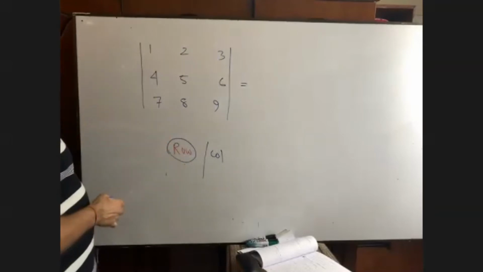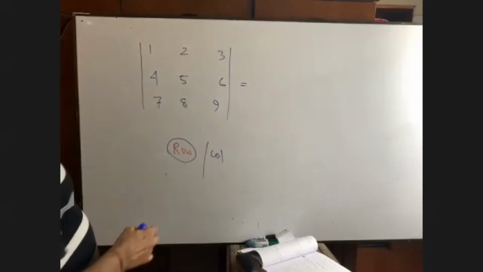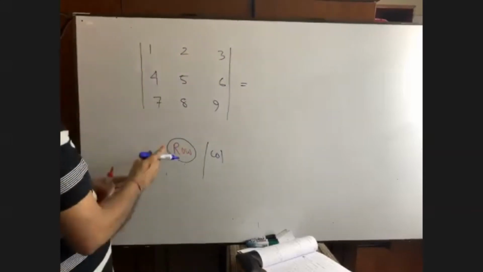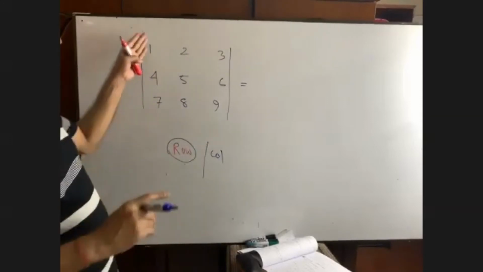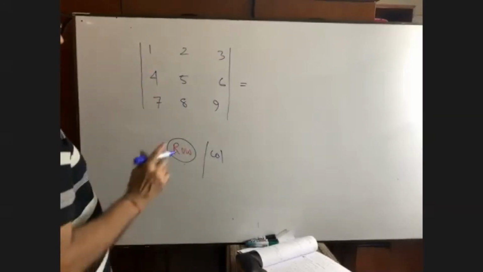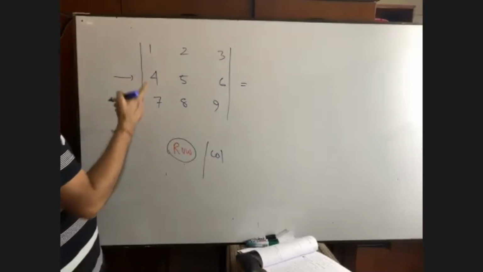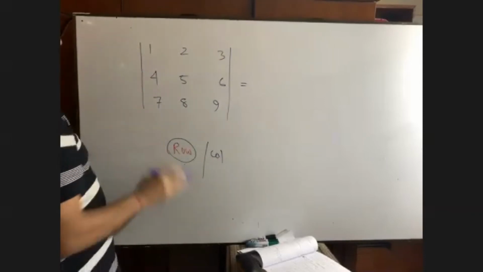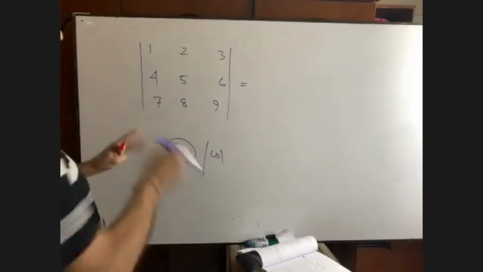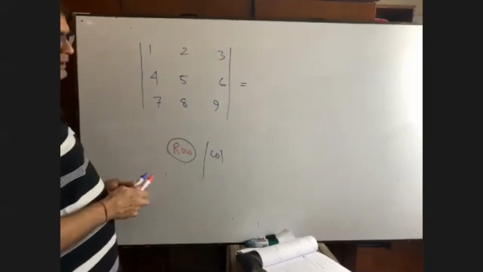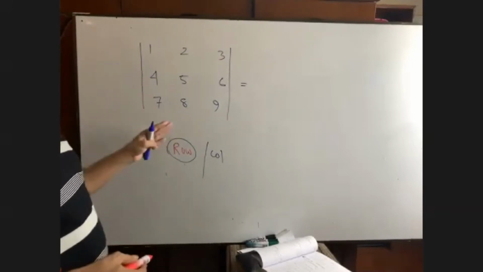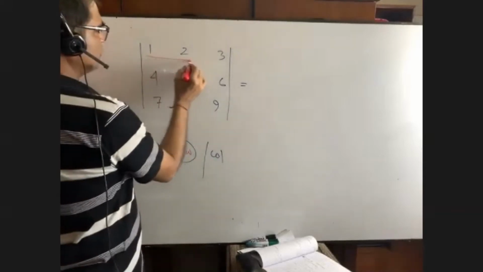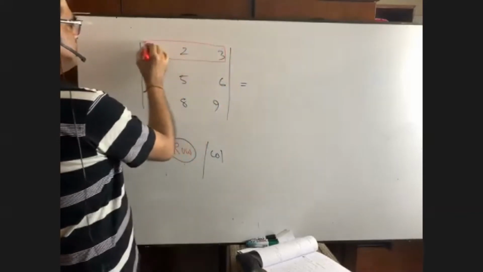If you consider first row, then you have to take all the 3 entries of first row. If you consider first column, then you have to consider all the 3 entries of first column. If you consider the second row, then you have to consider all the 3 entries of second row. That means you can consider any row, you can consider any column. But normally for doing the maths initially, we are going to consider the entries of first row. You please try to understand this.